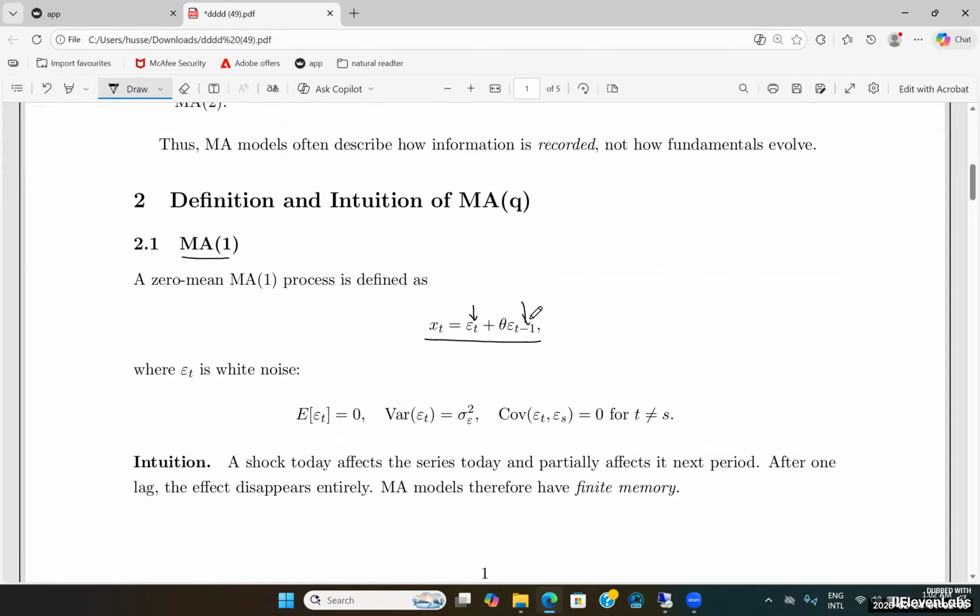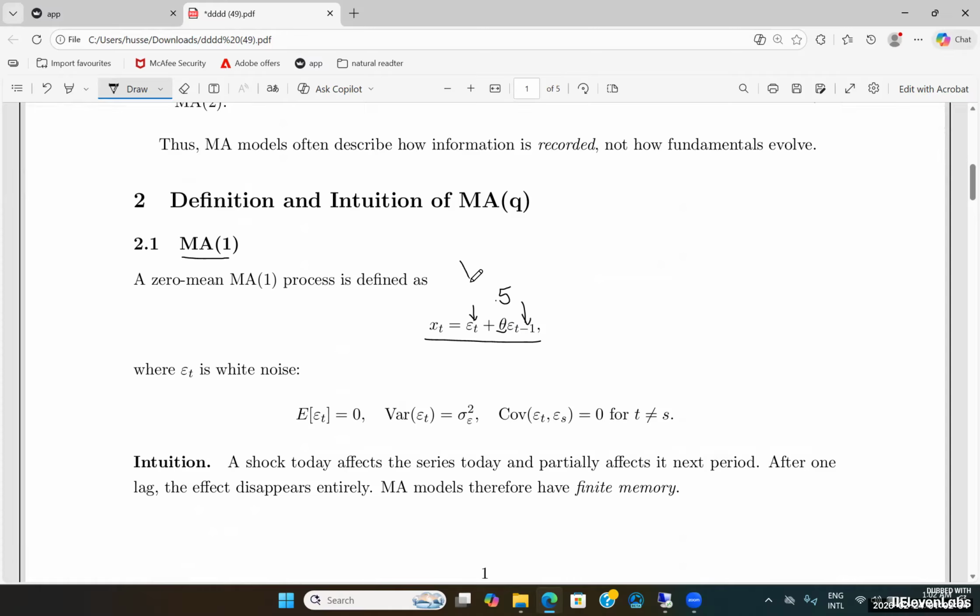The previous one naturally will be assigned a somewhat lower weight. For instance, that value could typically be around 0.5. So theta in this context represents the coefficient directly attached to those previous shocks. The concept here is that it might take a while for any given error to fully manifest its impact on xt. Therefore, an error that occurred in the preceding time frame will certainly continue to exert some influence, though its magnitude will be less significant compared to the immediate current error affecting xt.